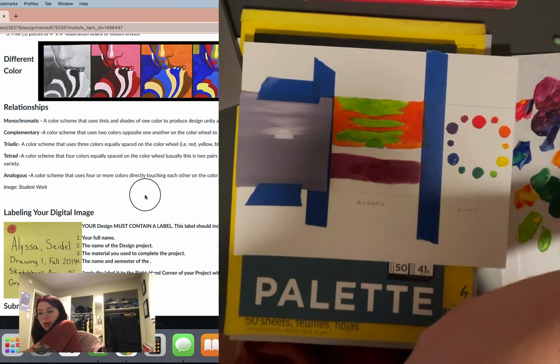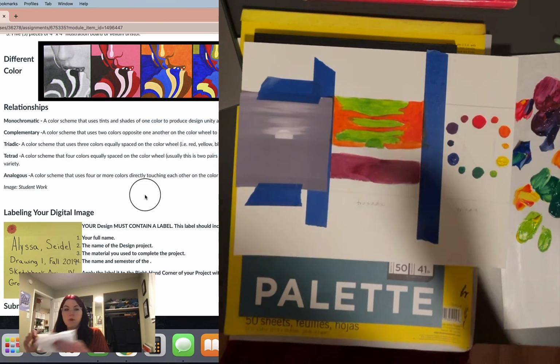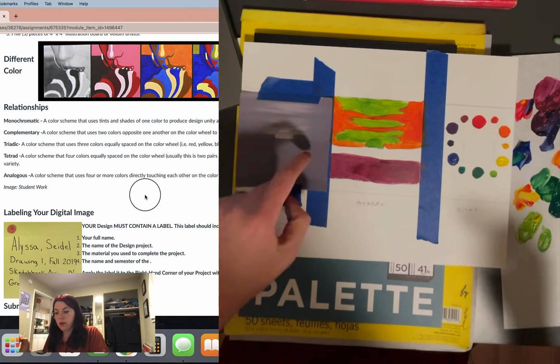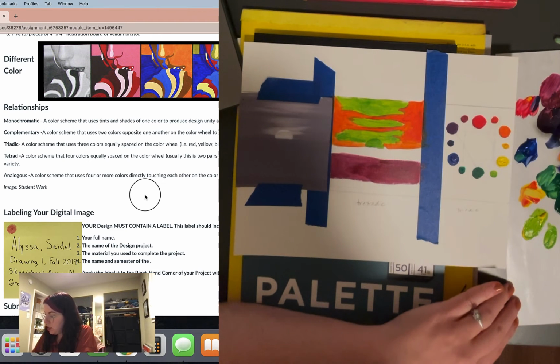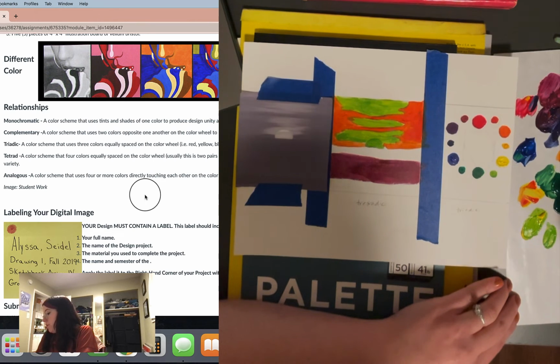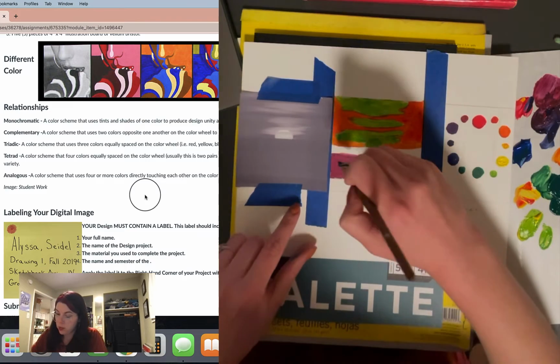And then I'm going to do my darkest areas, which is kind of like at the top of the water and the bottom of the water. It's kind of hard to see in my example, but there's like an area here and an area up here. So that's where I'm going to use this really dark blue-green, and maybe I'll mix a little bit more of that just so I have extra. See if we can get a little bit darker. Okay, that's probably good. And I'm just going to go in and